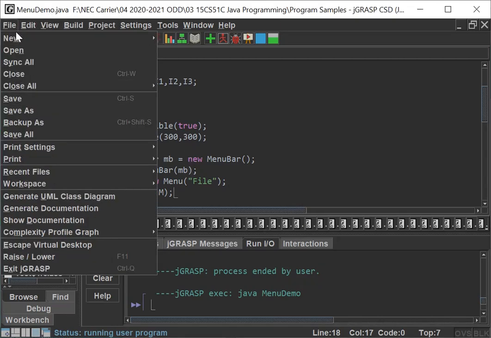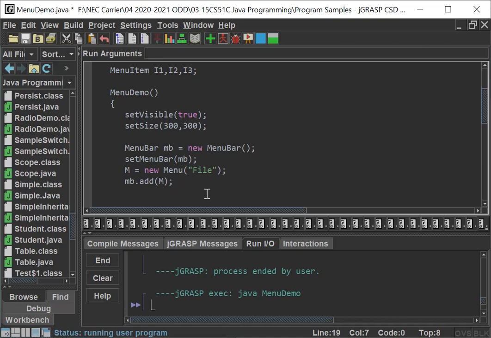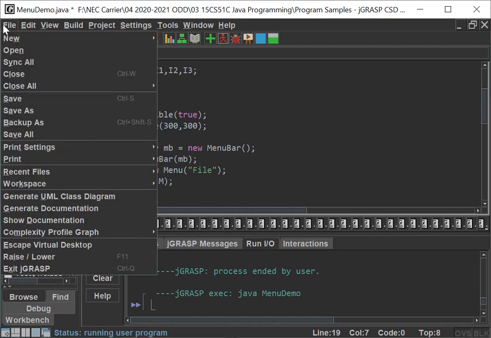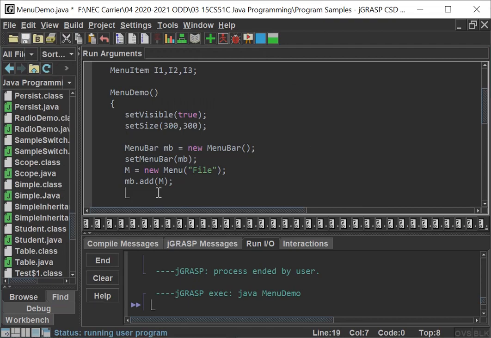Okay, so next what we want to do is, when I'm clicking on menu, there should be some menu items displayed. In order to create the menu item, you have a class MenuItem. For that how many items have we planned? 3 items: new, open, close. Okay, 3 items that we are going to add. So how many objects do we have to create? 3. New MenuItem of.